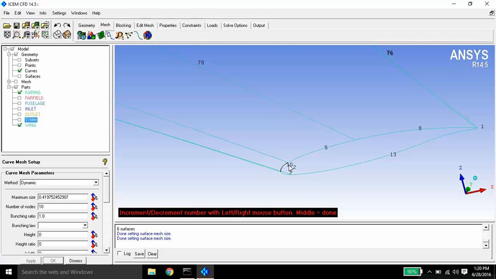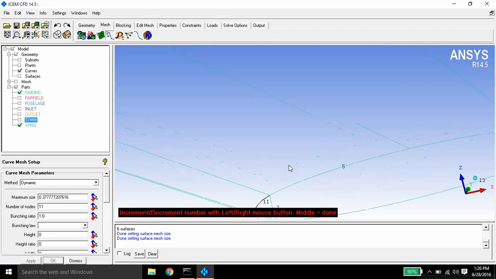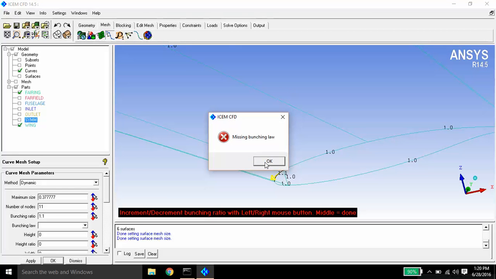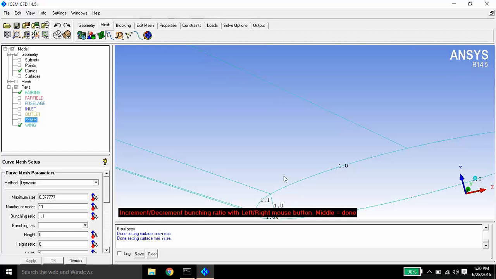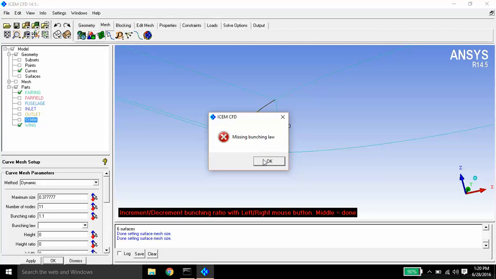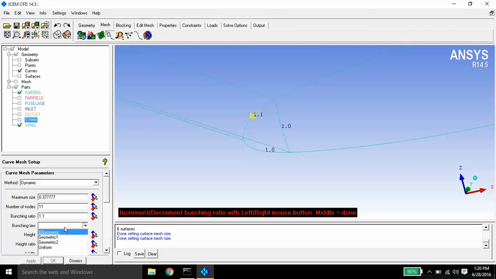Increase the number of nodes to 11 and give bunching law. So give growth ratio of 1.2.